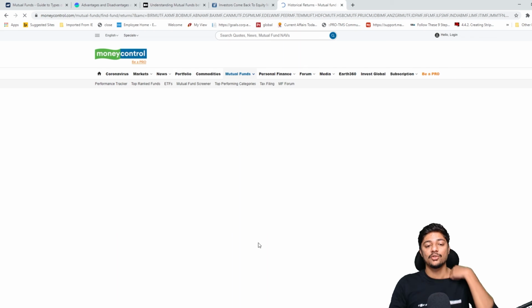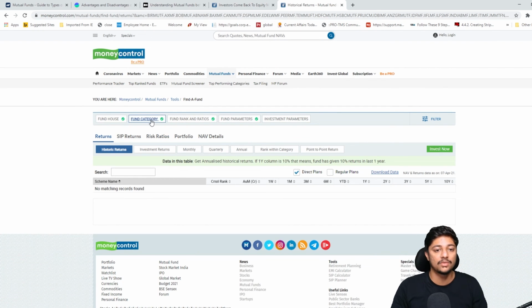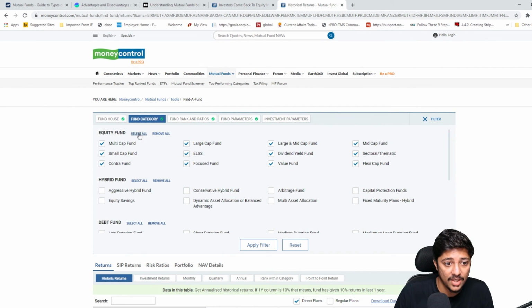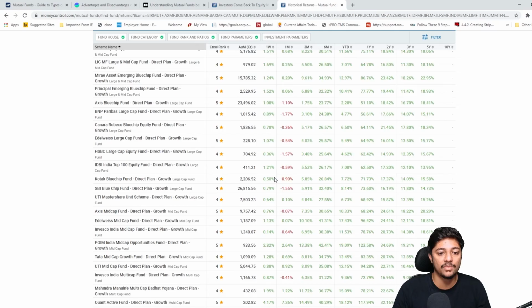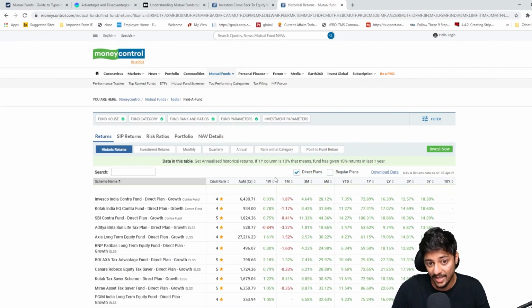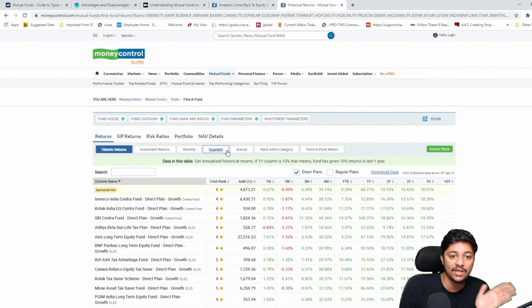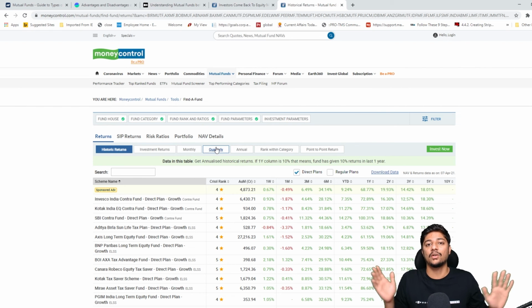Now, even if I just do this, sorry, I've selected all the others. Let me just select all and show you something. Even if you do this, you'll be like, Shashank, there are so many things to look at. Look at the number of funds that are there. I don't know what is good and I don't know what is bad. Don't worry, next episode we'll start taking all of this and clearing out all your doubts one by one.